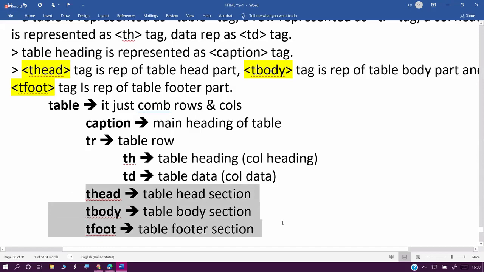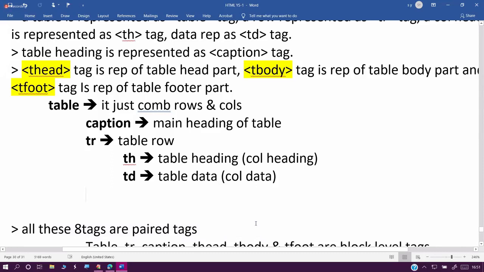But how can we manage the same things, sir? Individually you have to apply the settings, row by row, column by column. If you use this one, group-wise applying is possible. A group of rows becomes a head, a group of rows becomes a body, a group of rows becomes a footer. When you apply the styles on the head and footer, that group of rows is impacted. If the footer section is not available, then for this group of rows we have to map the CSS settings individually, with a class selector or ID selector, something required. So these tags help in applying common styles for the header part, the body part, and the footer part. If you say, no sir, top to bottom I need the same style, sir,